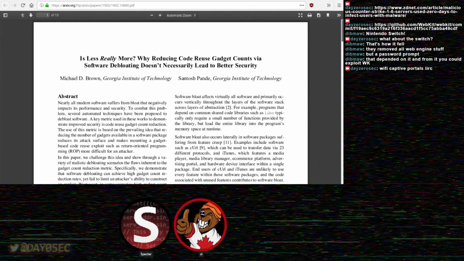No, but at the same time, is it still not a positive step for security in general? What they did find was that the number of gadgets was reduced in most cases. Like I said, I did find it funny that sometimes debloating resulted in new or more gadgets, and that just comes down to this being source level debloating for the most part.